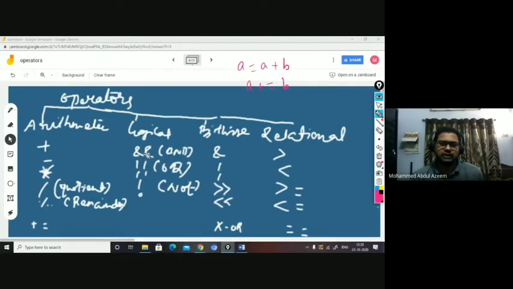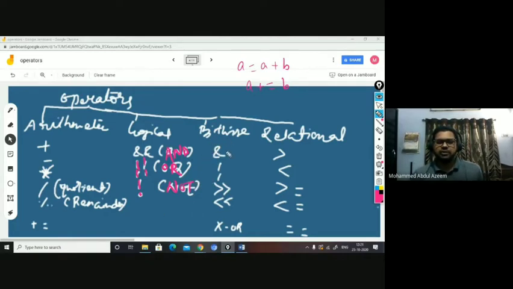So the logical operators, right? You find logical and, double ampersand. This you call ampersand. When you use double ampersand, you say logical and. And the vertical bar, you find pipe on the keyboard. If you press shift and backslash key, you will get this vertical bar. So two vertical bars, you say it is logical or. Then you find the exclamation, which is said to be logical not, right? For negation, you generally use it.